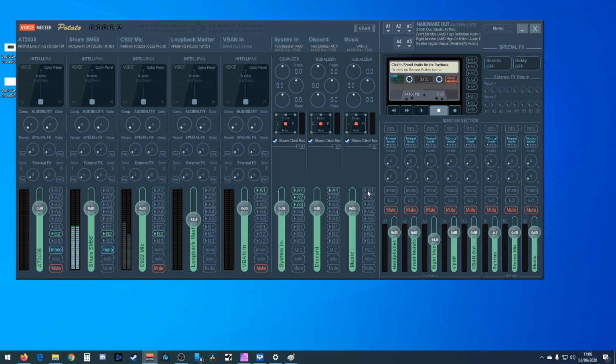Now the music, let's do the same as that one. So the music comes out of the speakers as well. Okay, now that's just the physical devices, that's just these 5 here. Now the virtual devices,